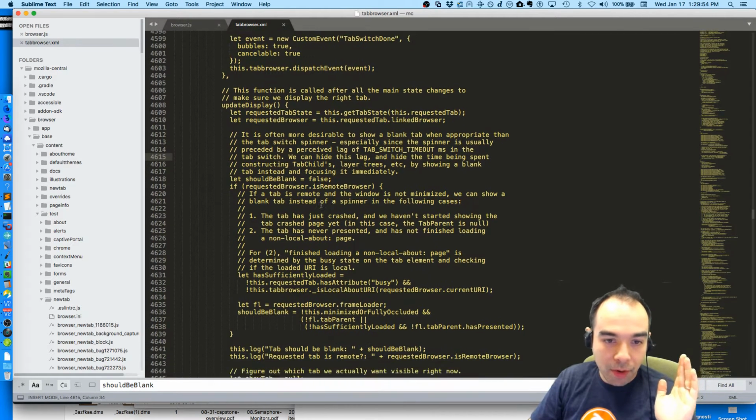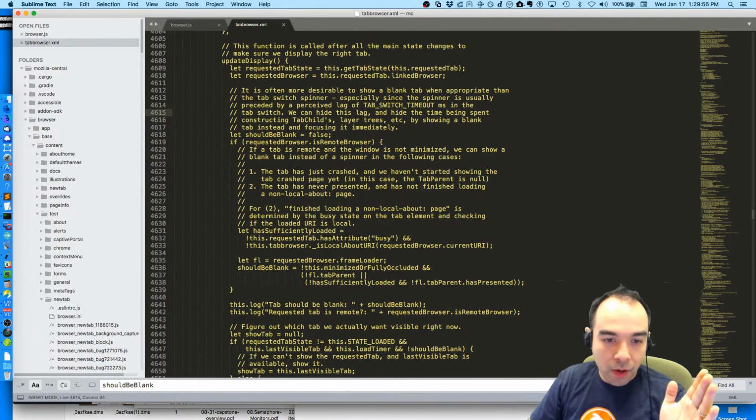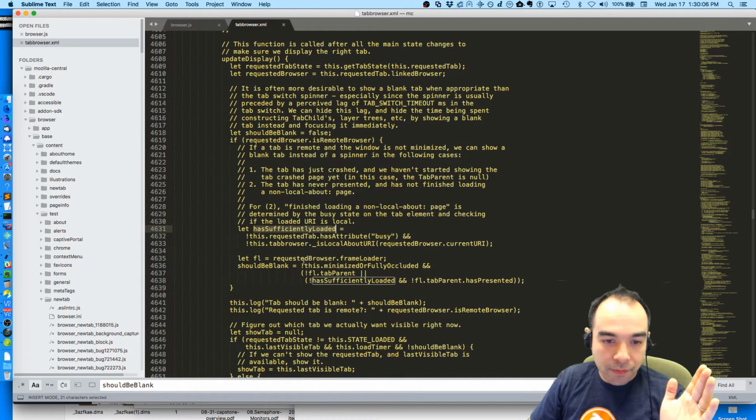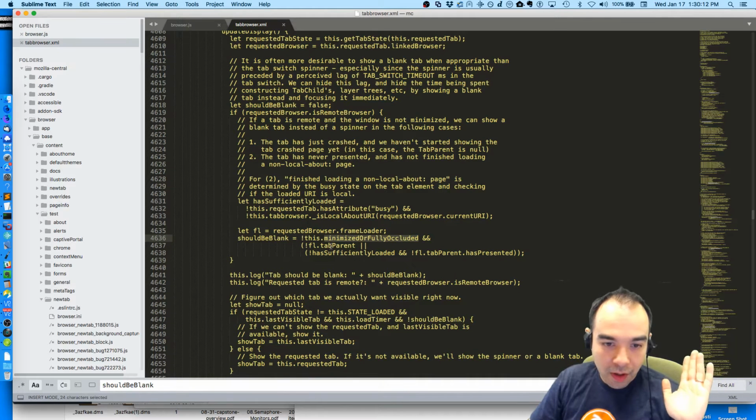So if the browser is remote, we check to see if the tab has sufficiently loaded. So should be blank is true if we're not minimized or completely covered, and there's no tab parent, or we haven't sufficiently loaded, but that will never be true because of this.